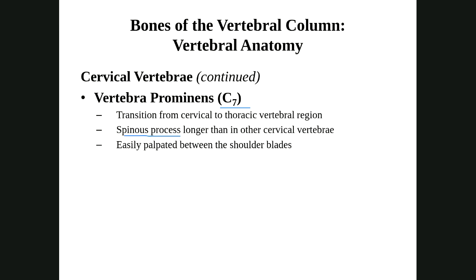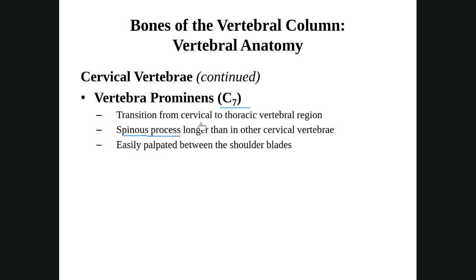Okay, so one thing that you want to know as you transition from one region of the spine into the next: as we go from the cervical area into the thoracic region, the vertebrae in the current region start to take on the characteristics of the next region. So if we're in the cervical region, C6 and C7 start to take on the characteristics of the thoracic vertebrae. Their spinous processes start to get longer. When we're in the thoracic spine, at T11 and T12, the vertebral bodies start to get bigger. So it's a gradual kind of